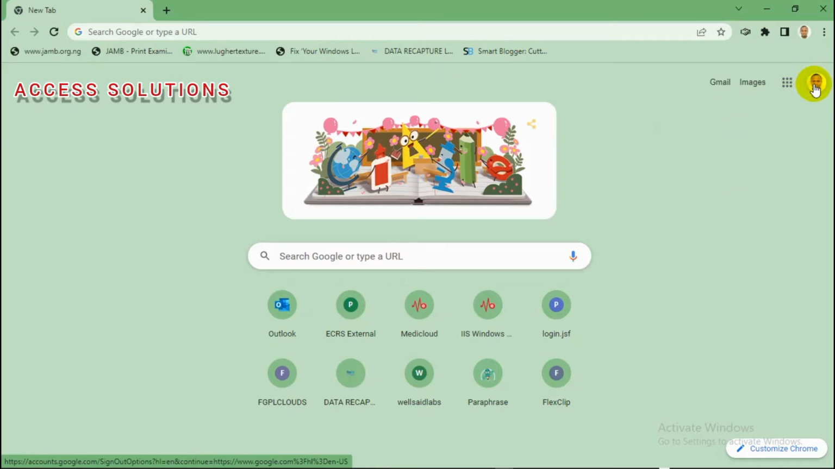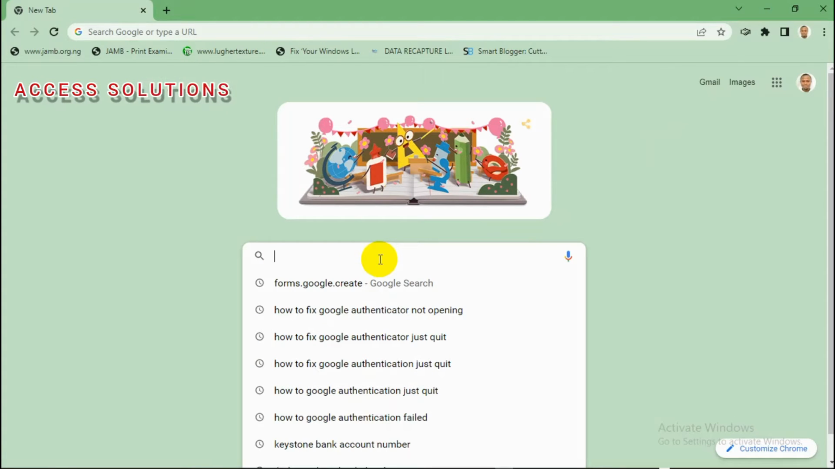You can see Google account. So I've logged in with my Google account. I've assigned it to this browser because I'm using Google Chrome as a browser. So once we do that, the next thing you need to do, you come to this search box here and type here